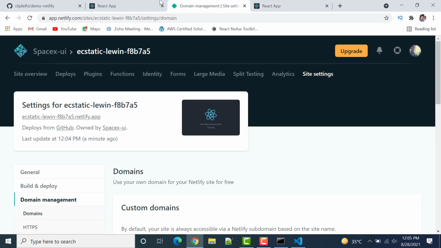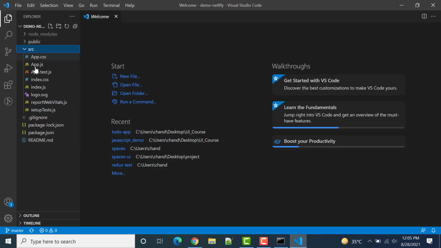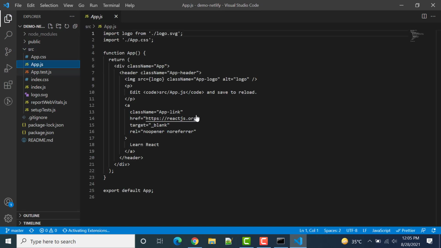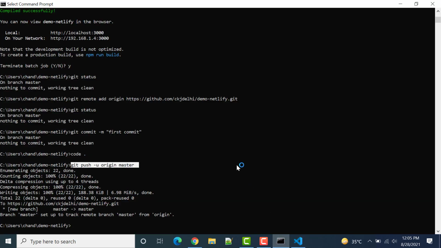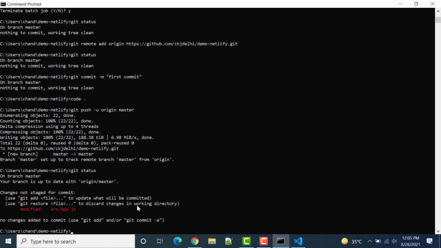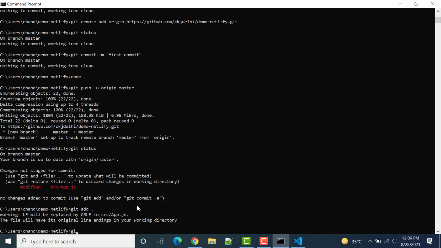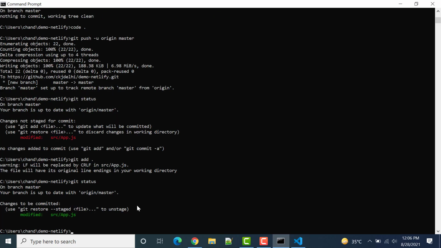Now since we have completed the continuous integration, if you change anything in your application and then push it... So let's say in App.js I am just trying to add 1 2 3 4 5. Save it. We can go here in the command prompt and write git status. Now one file is modified. I'll do git add dot, and after that if I do git status again, now this is green, so it's ready to commit.